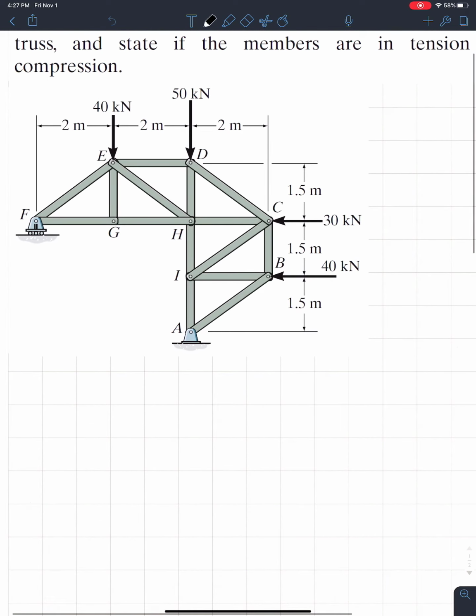If we look at this diagram, there's not a single joint we can analyze right from the beginning unless it's joint F or joint A, because those are the only ones that only have 2 members on them. If we look at the rest, they have more than 2. More than 2, that's not good. So in order to solve for those joints, we're going to have to know the support reactions at